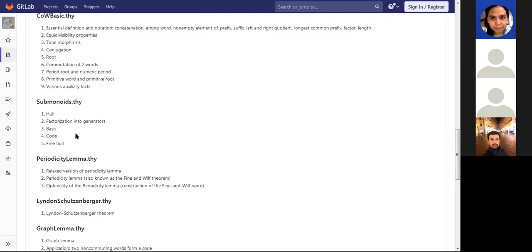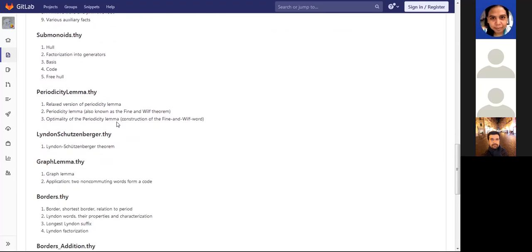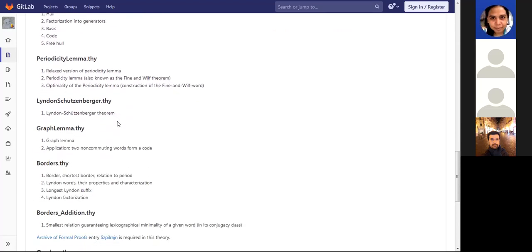The definition of code I have shown you was from this theory. Then there is the periodicity lemma. I told you we have Lyndon-Schützenberger. It's a little theory where the Lyndon-Schützenberger theorem is proved. We are working on the rest now, because for me it's a prominent example of a result